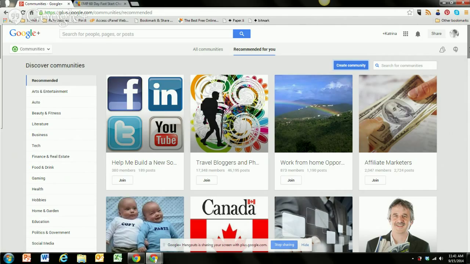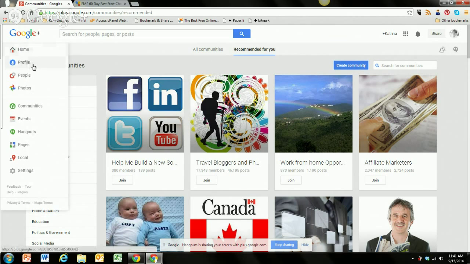Can I make a quick comment in response to the question by Melanie about whether a circle is the same as Facebook's group? It's more like a Facebook friend request, except that the nice thing about Google Circles is that you don't have to have someone accept your friend request. You can add them to your circle and they become part of that circle.